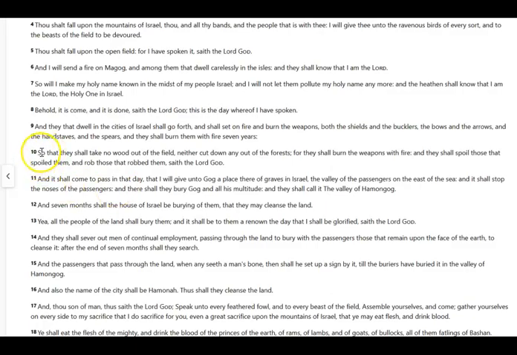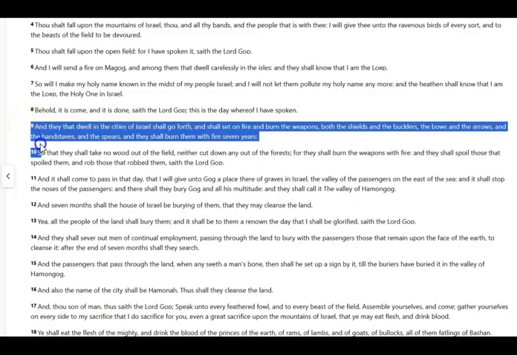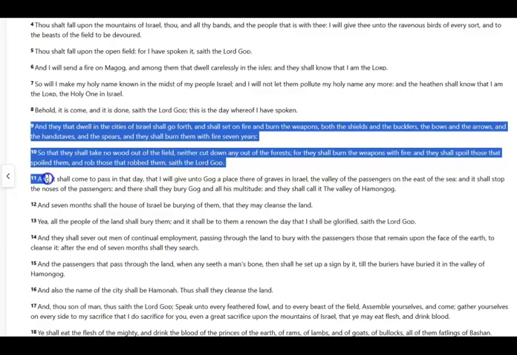The direct aftermath of Gog and Magog sees, from verse 9 of chapter 39, that they that dwell in the cities of Israel shall go forth and shall set on fire and burn the weapons, both shields and bucklers, bows and arrows, handstaves and spears. They shall burn them with fire 7 years. And then also,